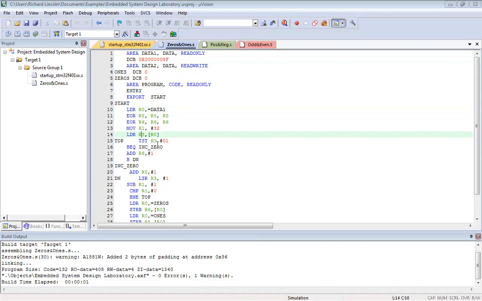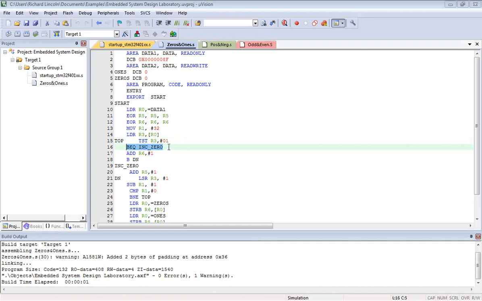Now this 8F is compared using test instruction, so which means the zero flag and all these flags will be altered, and I am just checking the LSB bit. Why am I doing this? So that I can see if my zero flag is going high or not. If the zero flag doesn't go high, which means there is data, so I will get to know that there is a 1 there. If the zero flag goes high, which means the data is 0, right? So I will increase zeros. Accordingly the branch is taken.